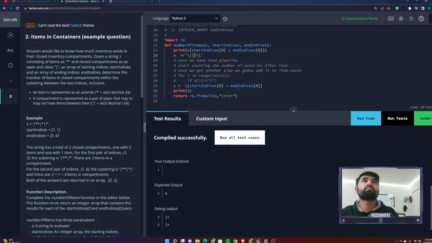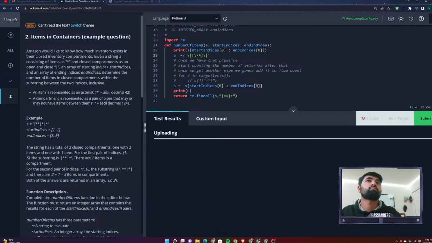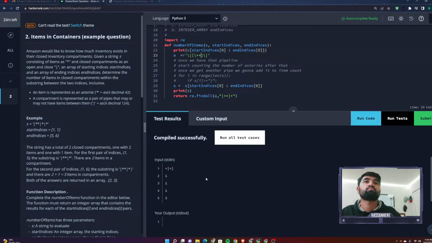Oh, that is backslash asterisk plus. Yes, we are here. Okay, so we give them this thing. Now if we give them this thing,